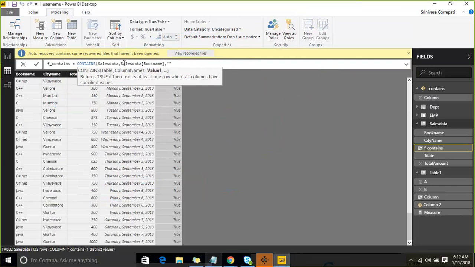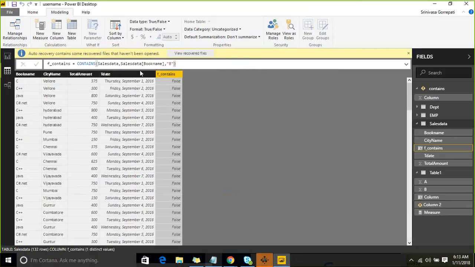But this one, we are not going to use it at a column level, we are going to use it at a measure level. So we'll see this functionality as part of security in the next 3 or 4 classes. Okay, so contains will verify on this table whether this condition is met or not. We'll see this one. And we have the final function